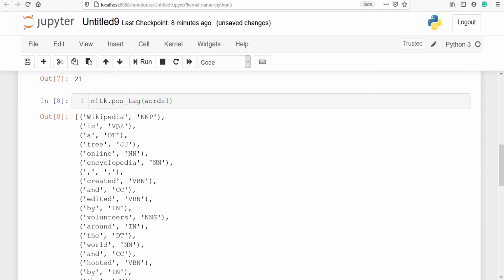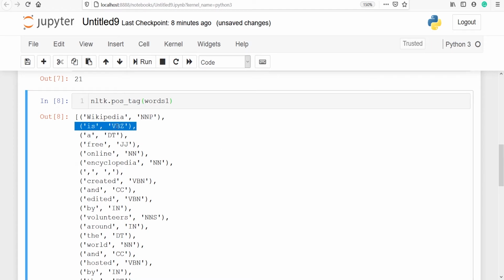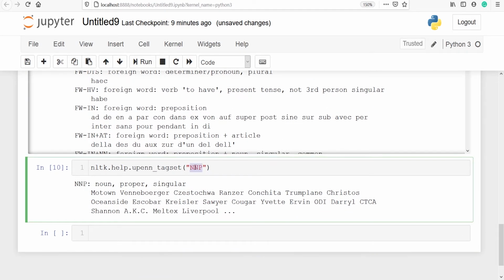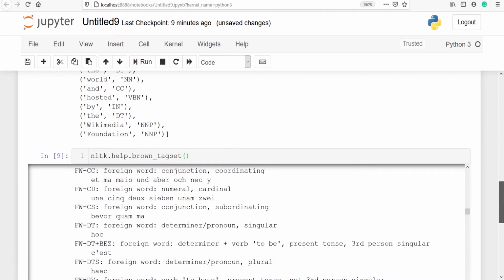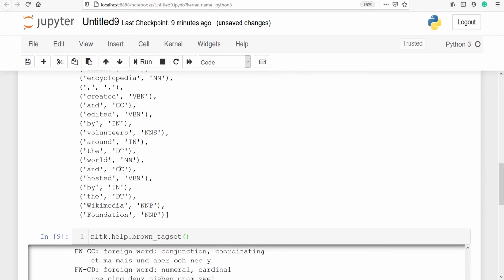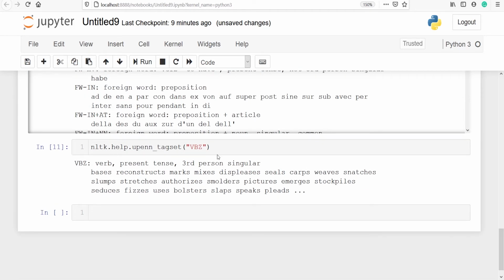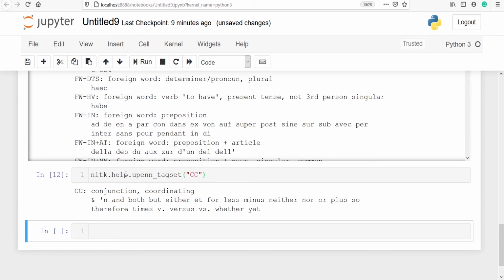For example, VBZ. I'll copy this from here and paste it here. Let's execute our code. VBZ stands for verb, present tense, third person singular. You can also look at some other codes. Let's look at this CC. Let's paste it here. Let's execute our code. And here in the output we will see that CC stands for conjunction, coordinating.